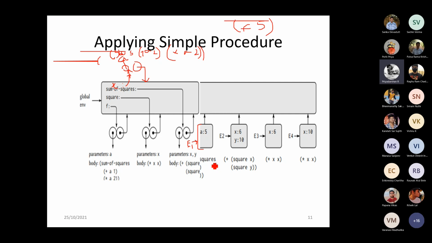Okay, ma'am, I got confused. A is there, no, ma'am? So A is just the argument. But these frames are getting created by using the name of the procedure. Yeah, ma'am, got it. So you will not be calling your X procedure. Even though the names of the arguments are the same, the X procedure will not be called. Yes, ma'am, understood.